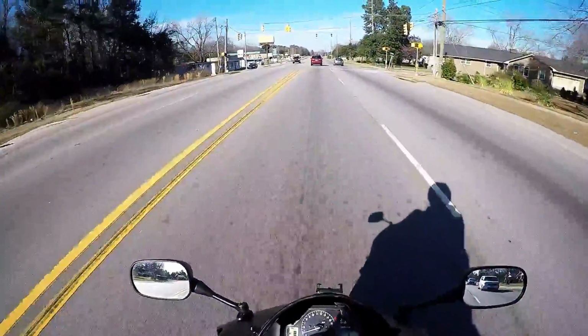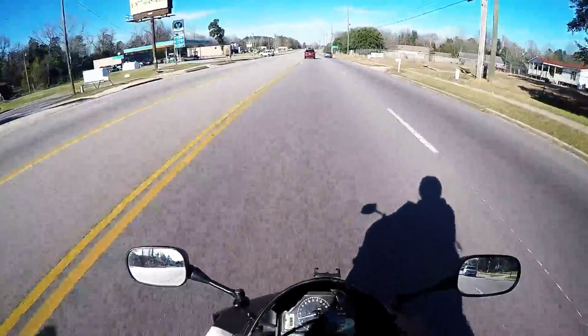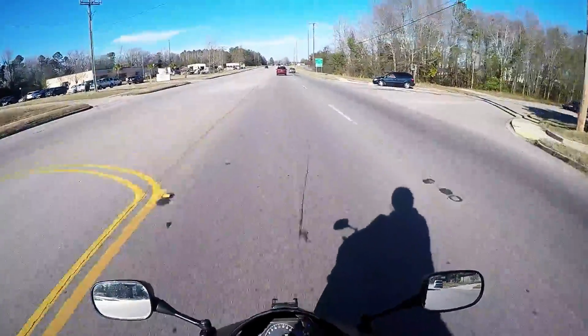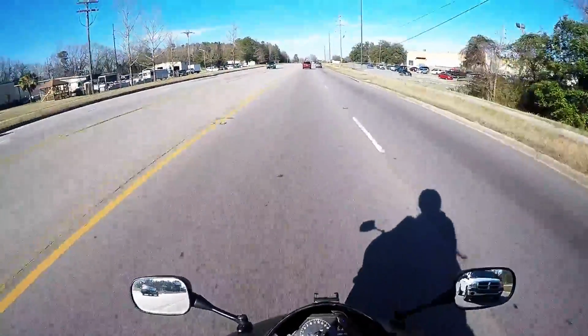Now on to its power. I want to tell you guys about the power of this bike. This bike definitely has enough power, and I just want to demonstrate real quick. Let me drop the bike back down, and okay, I'm back down in first gear. I'm gonna pop it in second,